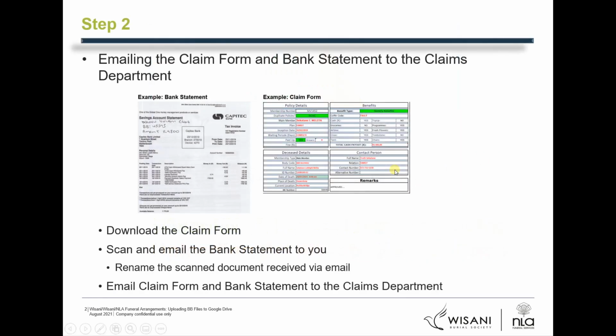We will now be looking at the second step in the process, and that is emailing the claim form and the bank statement to the claims department. As soon as you've received that bank statement, you need to send both bank statement and claim form to the